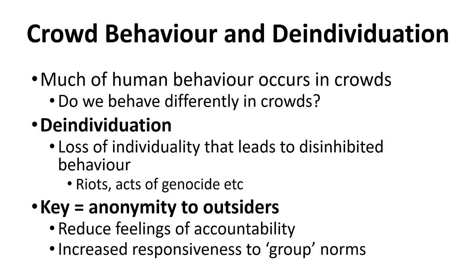The textbook talks about cases where people are standing on buildings threatening to jump, and crowds that gather every once in a while will come to the point where they start encouraging the person to jump. And researchers looked at that and wondered, how on earth did normal everyday people get to the point where they're encouraging someone to take their own life? What is going on here? And the basic idea that they've come up with is the idea of de-individuation, that loss of your individuality.